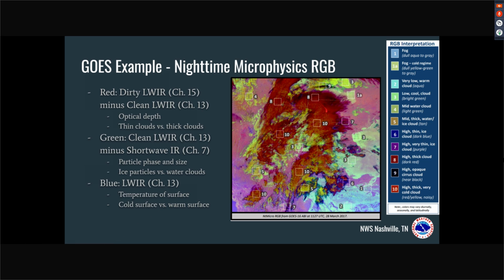So looking here, we have some high thick clouds over the Dakotas and into Colorado and Wyoming. Here we have this low cool cloud. But you might be seeing some of these colors that are the same, but you can tell there are subtle differences to let us know where the warm clouds are located and very low clouds, but also where the fog is located. So we do have some fog here that's this dull aqua color, into Arkansas and